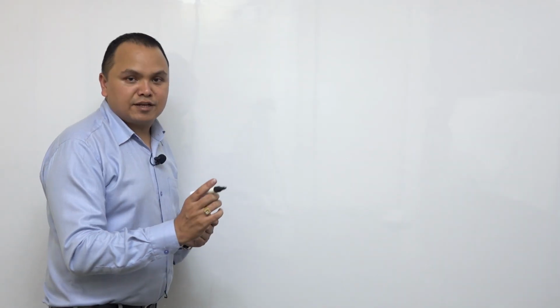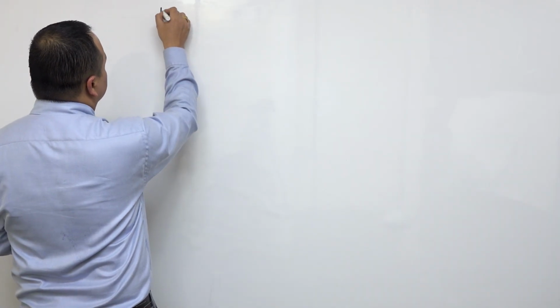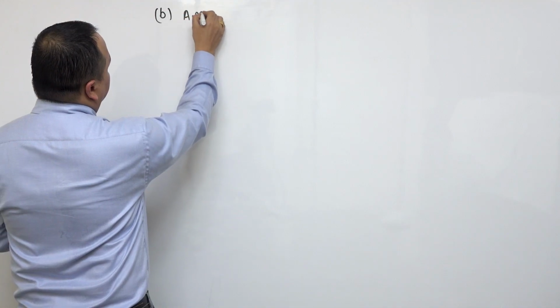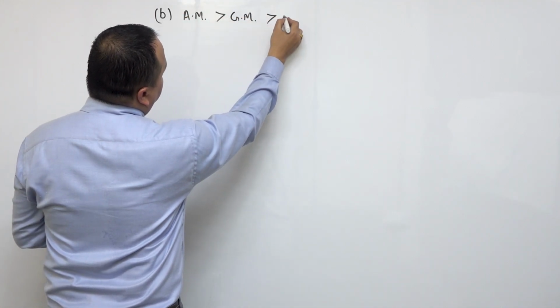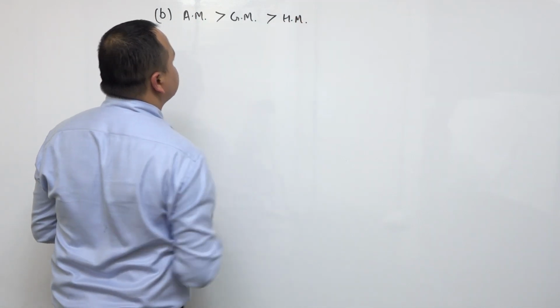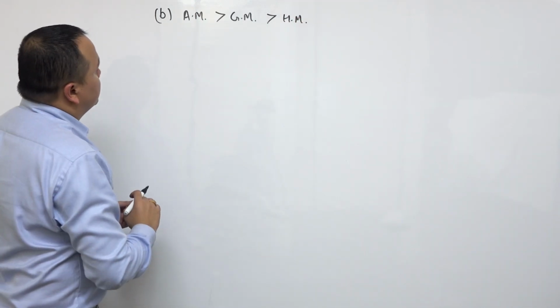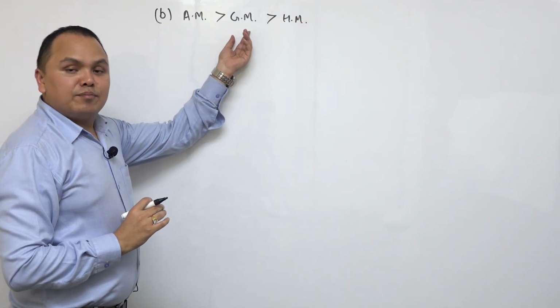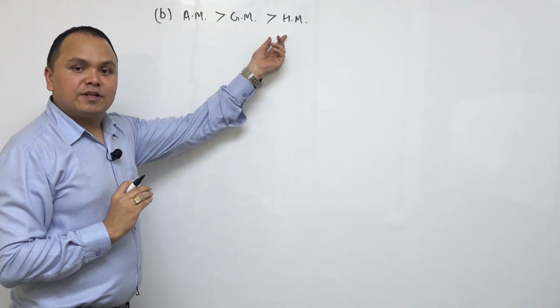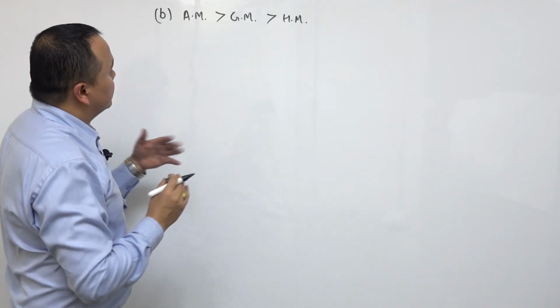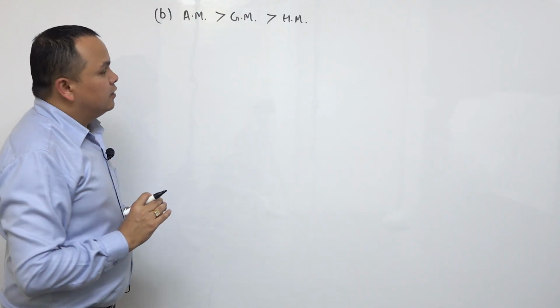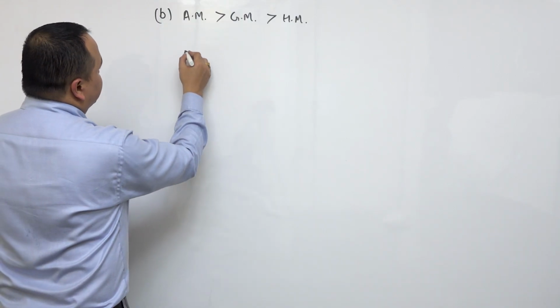Now proof of second part. B. AM is greater than GM greater than HM. Here we have to show AM is greater than GM and GM is greater than HM. We have to show greater for two quantities. So for that